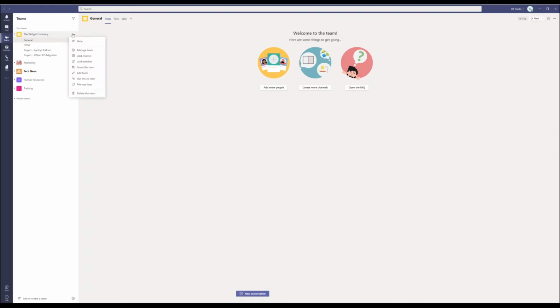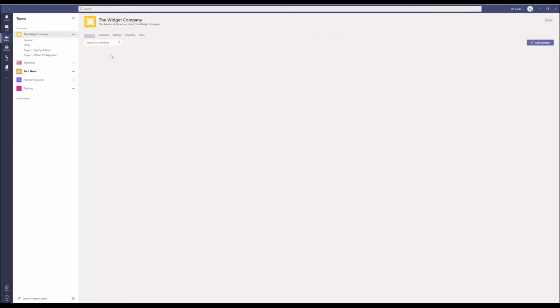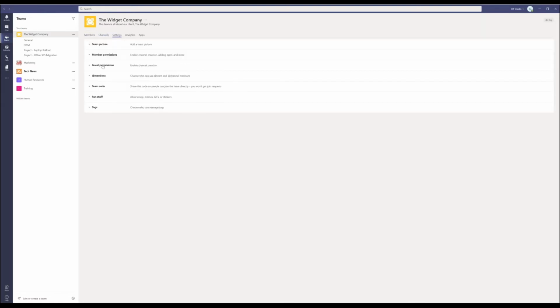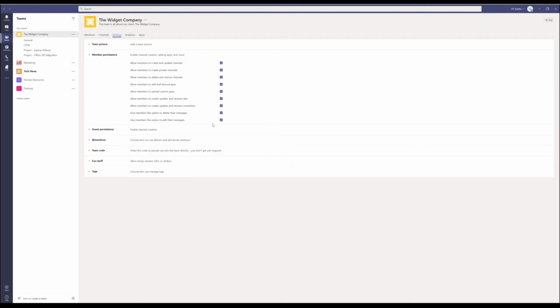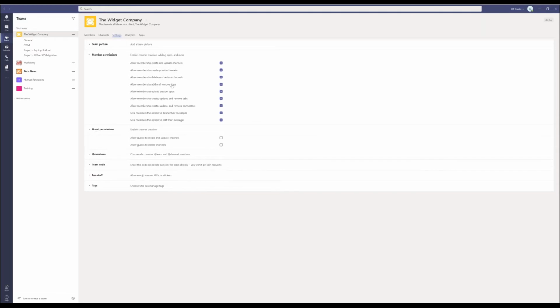Now within the manage team section, I'll just show you some of what you can do. Here we can add in who are owners, and here we'll have a list of members and guests. This will detail the channels, but a piece about the settings here is what we provide our members access to do. You can block certain components of it, and it's important to note that guests get far fewer options. They have nothing by default. They can collaborate, but they can't actually modify a channel or remove tabs or do anything unless we allow them to.